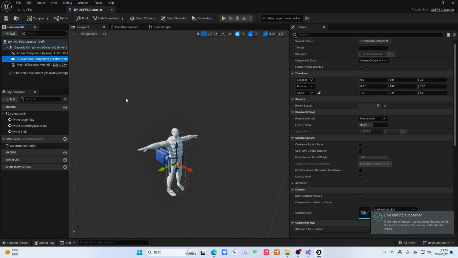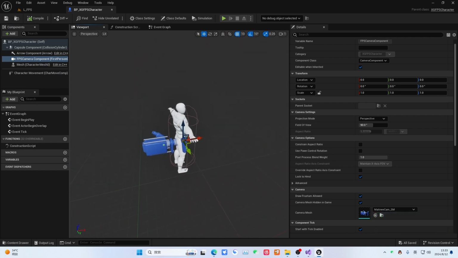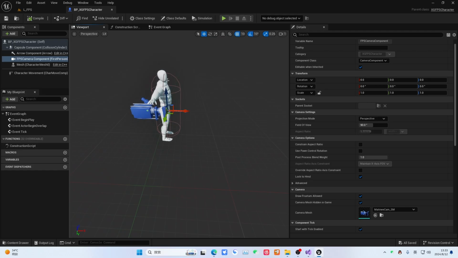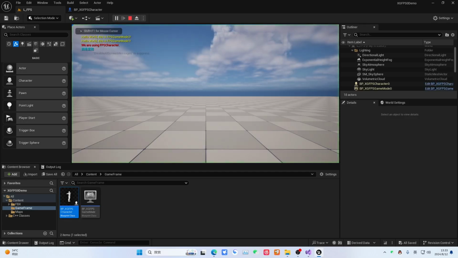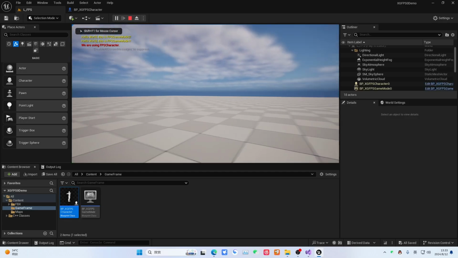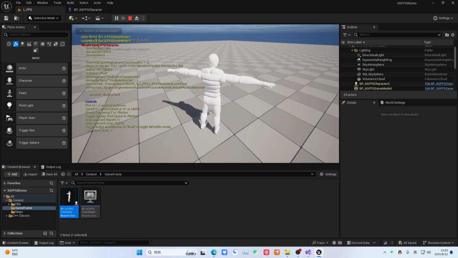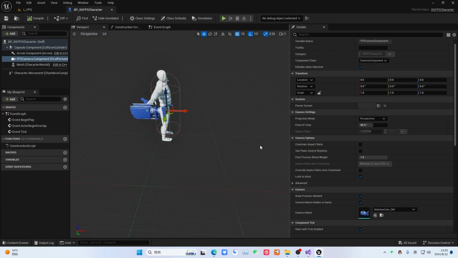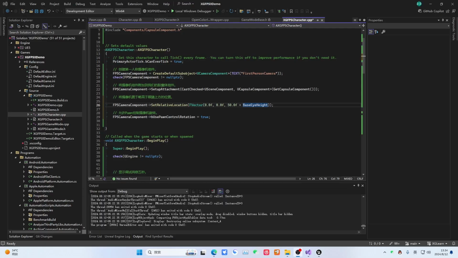Actually, after finishing the editing, let's take a look. Hey, you can see there is a camera here. It should be at this position, but it doesn't seem quite right. We can check it out. This camera is at the waist level. Note, at the head level. We need to check. It seems like this part hasn't returned to the default value either. Not sure what was done wrong. Let's check it. If it's not troublesome,